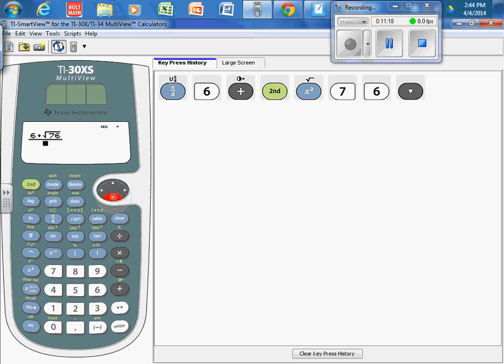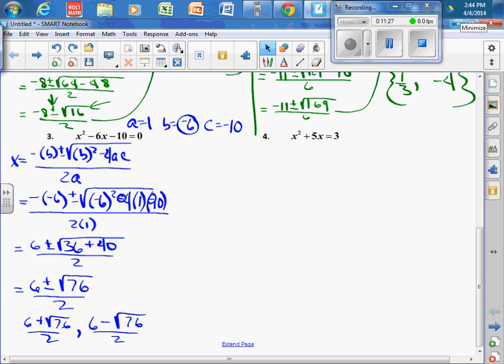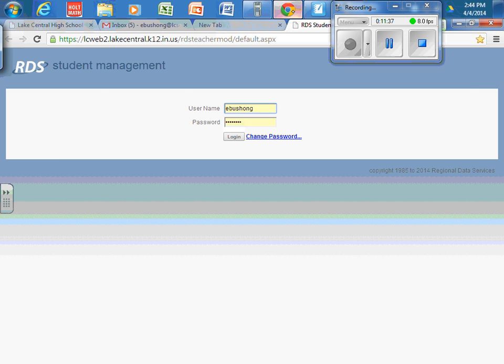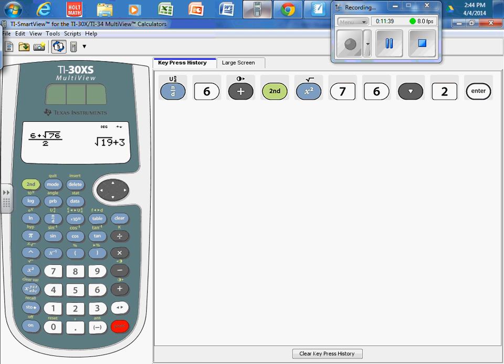Move into the denominator, do 2, and it tells you what the answer is. Radical 19 plus 3, that's the simplified radical. What would that be as a decimal? Whoops, wrong button. Just hit this double arrow and that should give you